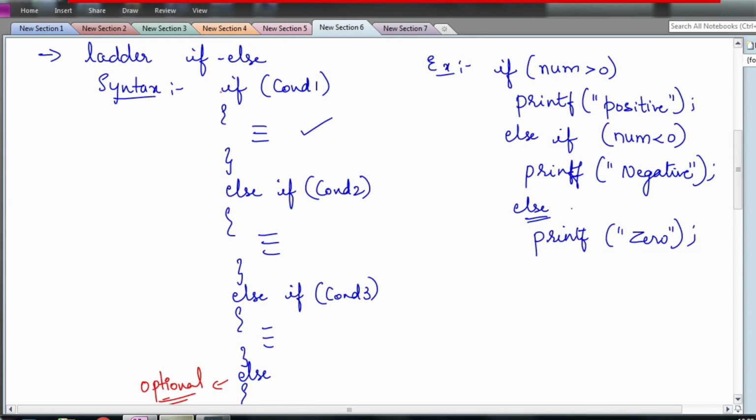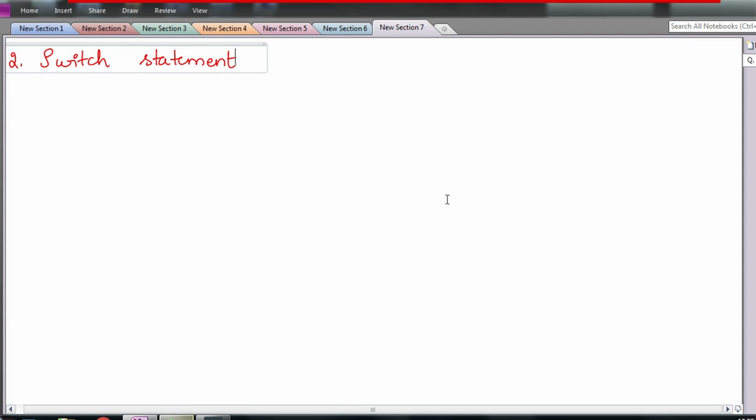So if this condition is true, this is your first one, this is your second one. We don't have one inside the other like nested if else. It is just one after the other, a series of conditions. Now if the first condition is true, this will be executed and everything else will be skipped. If the first condition is false, only then the compiler will go and check the second condition. So similar to this is our switch statement.